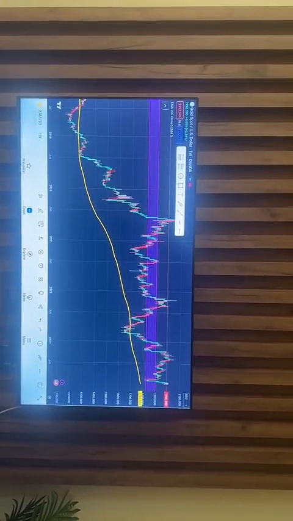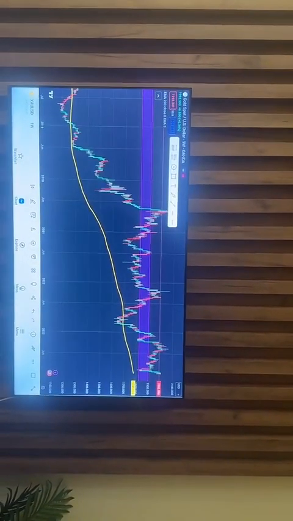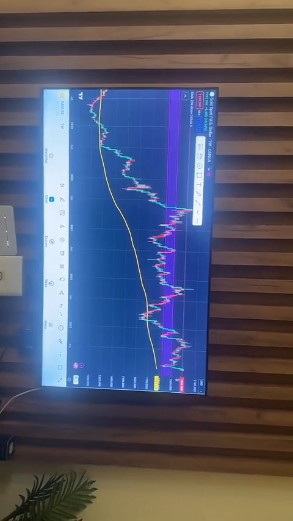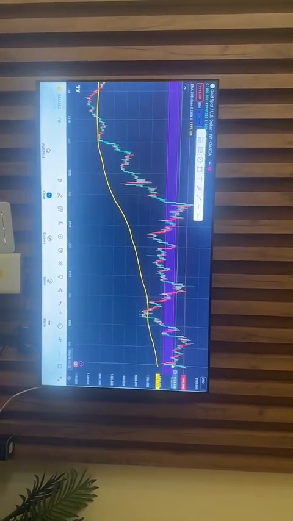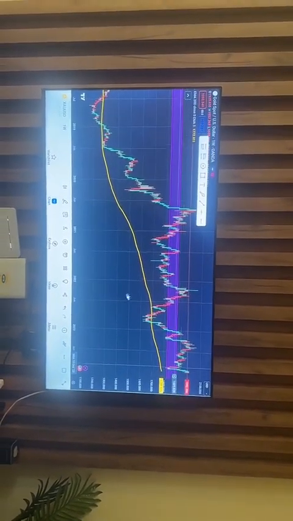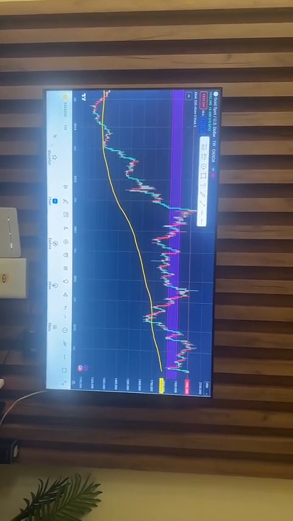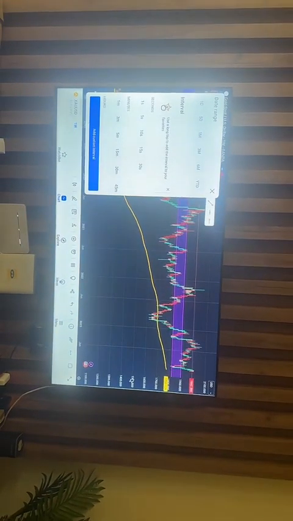Then I will look for entry positions in the lower time frame. That's why I went to the weekly, and there is a confirmation from the weekly time frame. These candles are confirmation for me that the market is still in uptrend. Then, because of how much I hold and how much I will be trading, I will go to the daily time frame